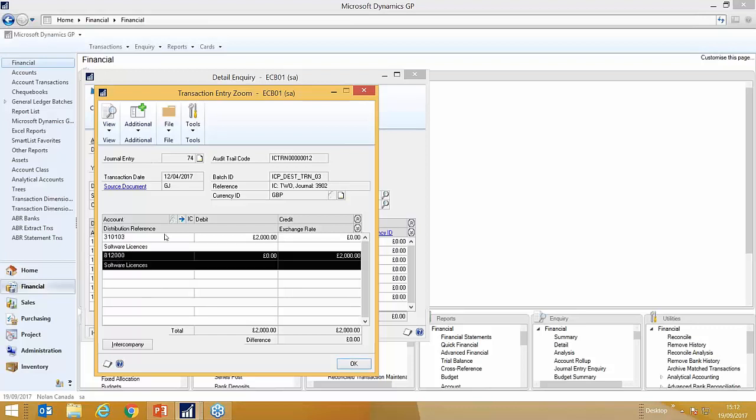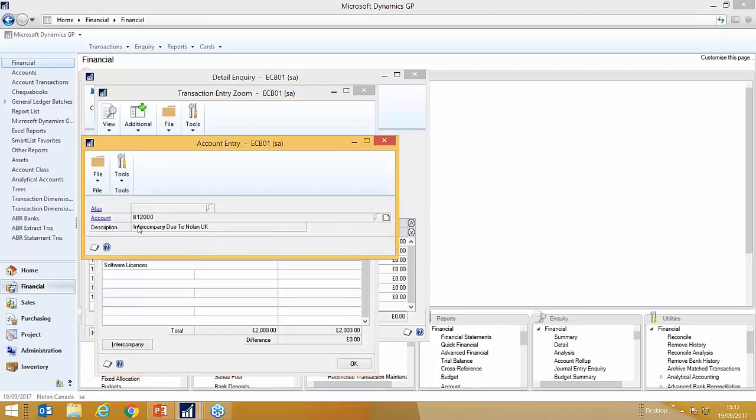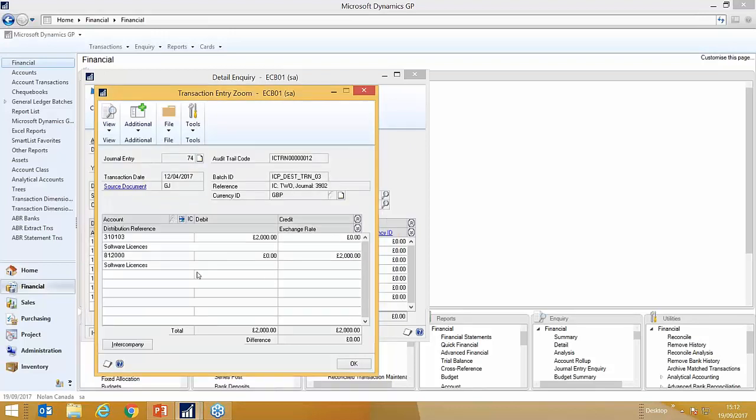It's posted it to my due to Nolan UK account, and it's also put the distribution reference as the reference that came from the original posting inside the UK. I've got some other information here in that it's an ICP destination transaction posting, and it's intercompany from company TWO, their journal number 3902. This also means if I drill down at this point,